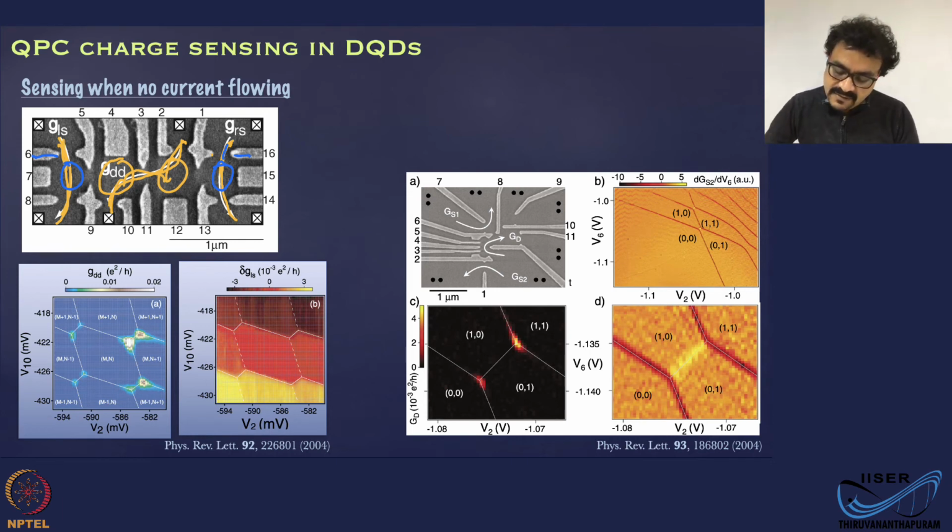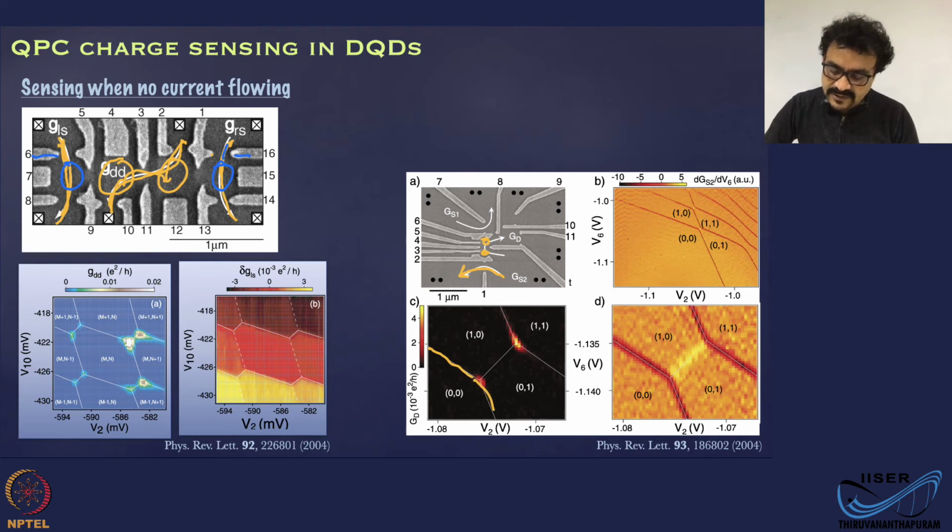This is another example where you have a double quantum dot, and finally you empty the dot and you get to a 0-0 regime. 0 on the right dot, 0 on the left dot. Okay, and here is the gate layout for it, and you have a conducting channel GS2. Okay, and that is what they have used in this experiment. And you have a double dot here, one dot here, one dot here. Okay, and this is the last